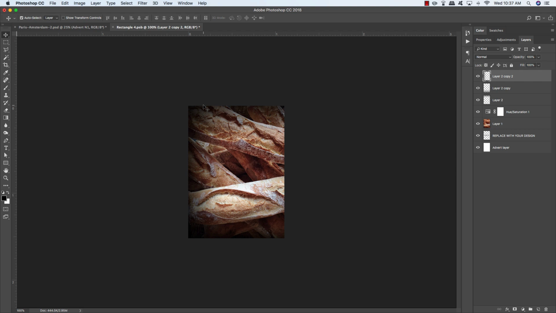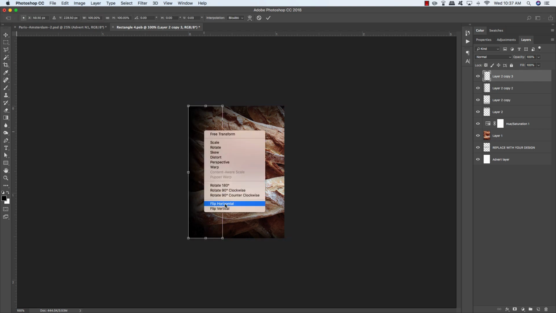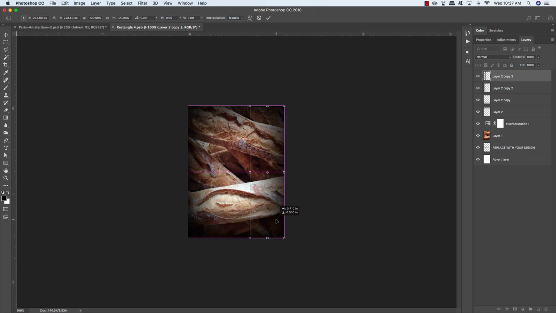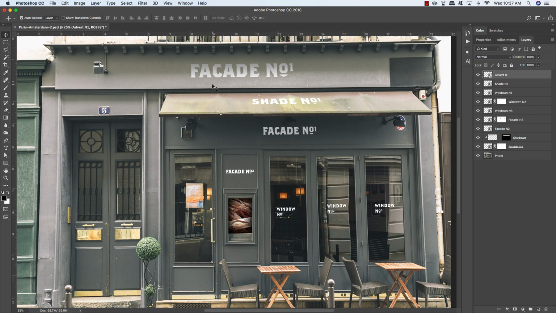Now, as you may have guessed, we're going to duplicate that again, Command Control J, Command Control T, click on it, and this time choose Flip Horizontal. Now I can move this over to the right side, and you should now have a nice faded shadow from all four sides. Alright, so go ahead and press Command S to save it, Command W to close the window,